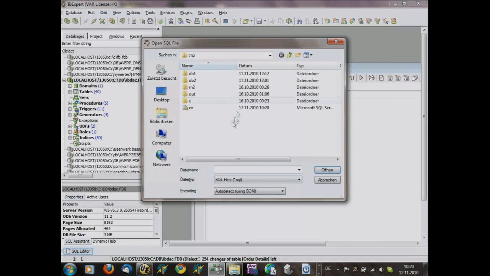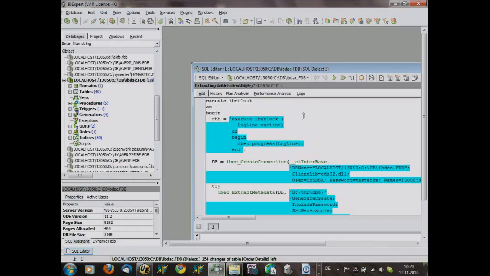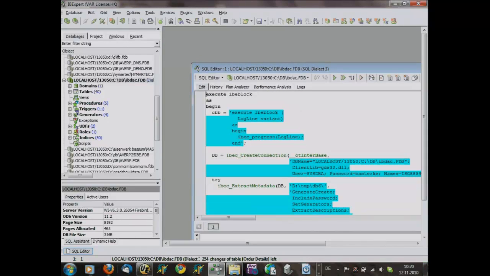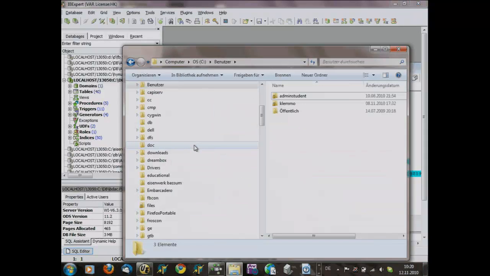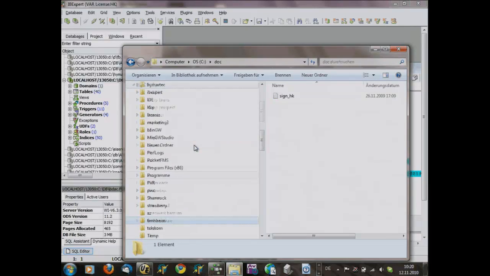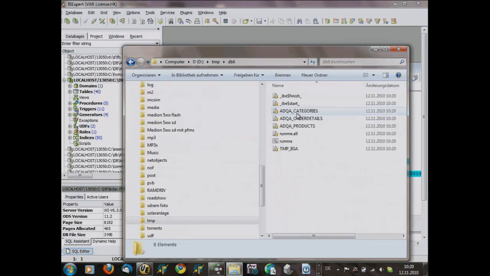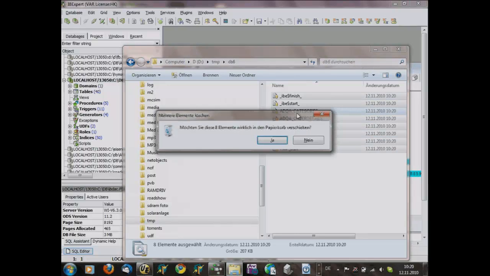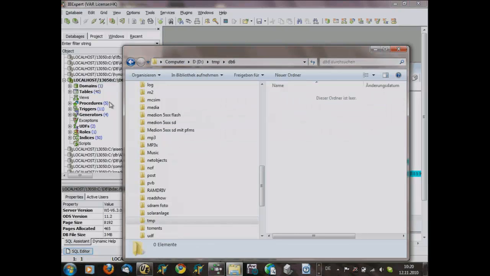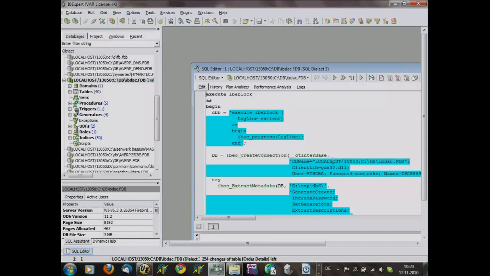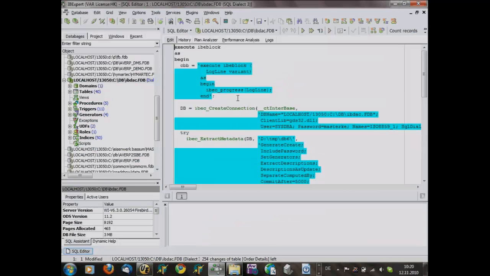I can load it into the IBExpert EDE and run it. So now we should have some data inside the temp directory, DB6. Here you see the tables. You only see the tables that really have data. All other tables that have no data are not prepared in the list of data tables.